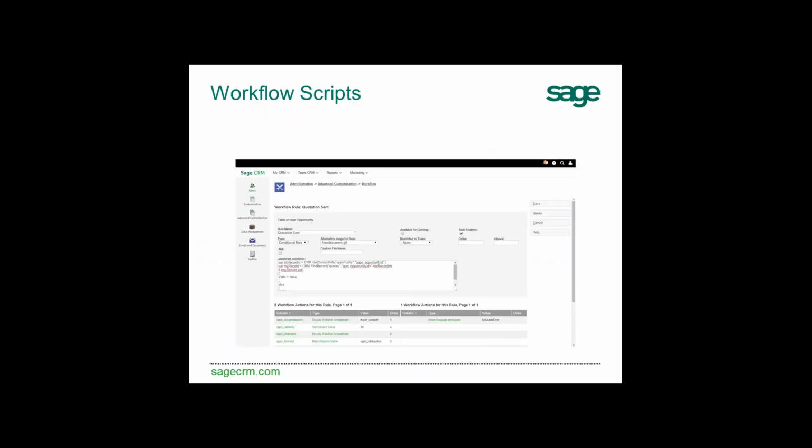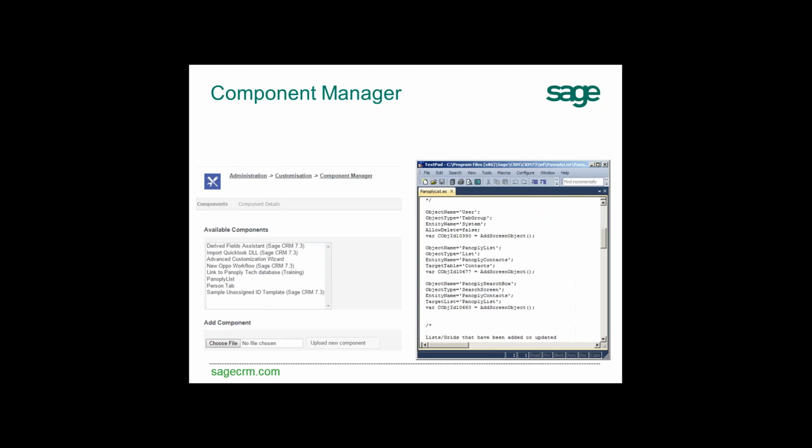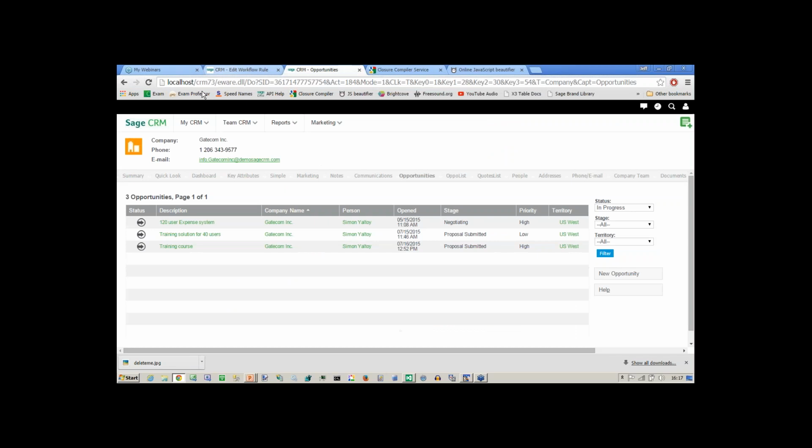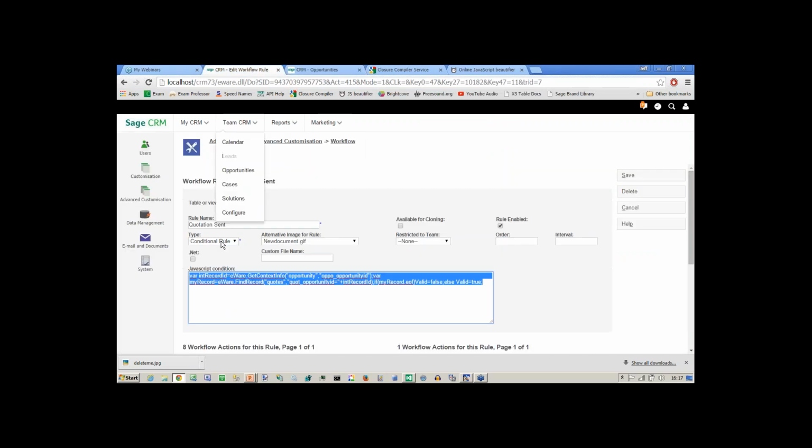Okay, so those two sites, jsbeautifier.org, and you've also got the Closure Compiler. These are useful little reference sites that will help you unpack some of the code that you might find. And one of the codes that you might find and you might need some help with is around the component manager. The component manager itself is the tool that is used for when we want to add in some customizations